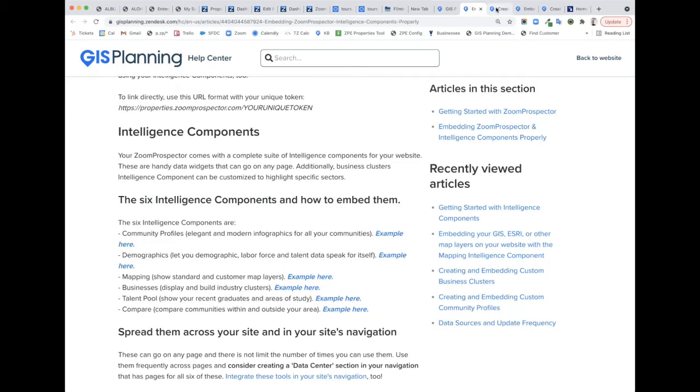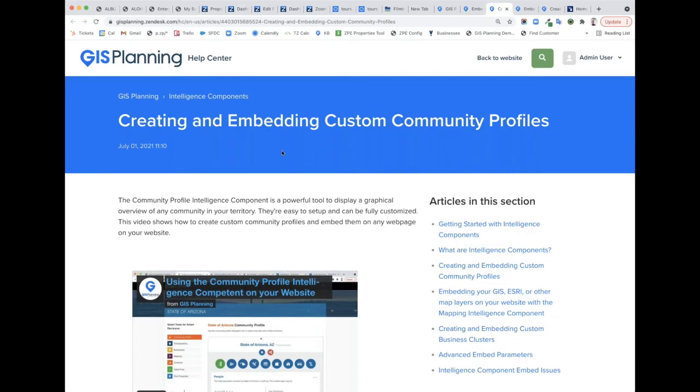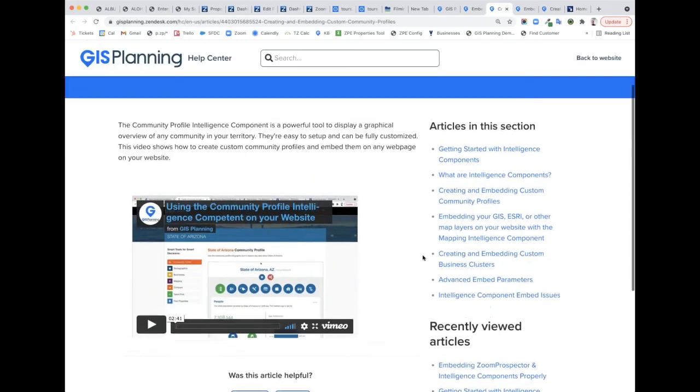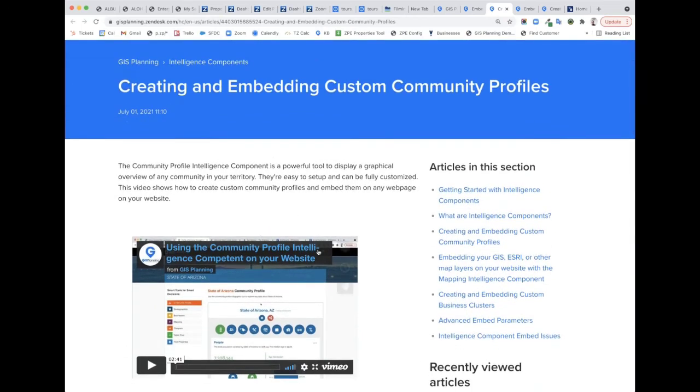In fact, we have some help pages here about creating and embedding those community profiles. These, again, are something that will help your web designer. This is a short video on how to do it. Instead of "no one wants to read," I want to watch a short video. Well, great. I have something that's 2 minutes and 40 seconds here. This is actually on the long side, but I go through where it could be and how to set it